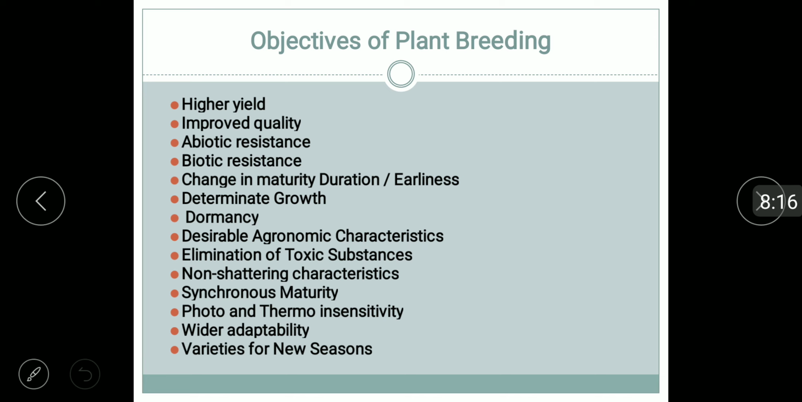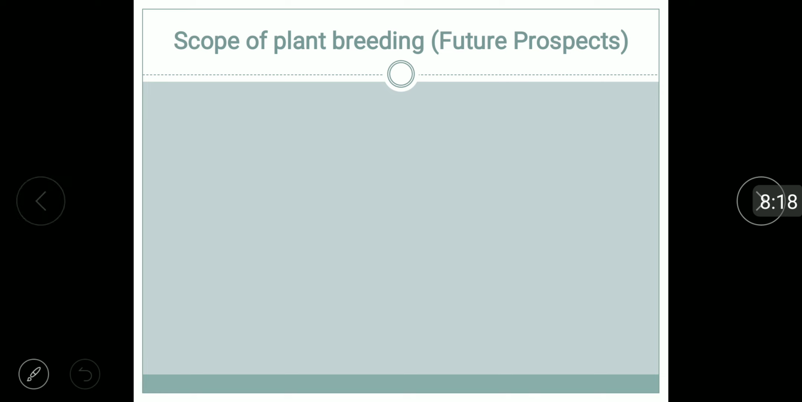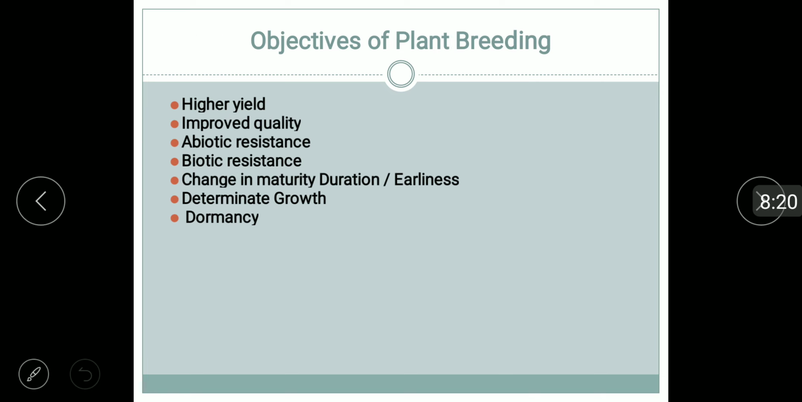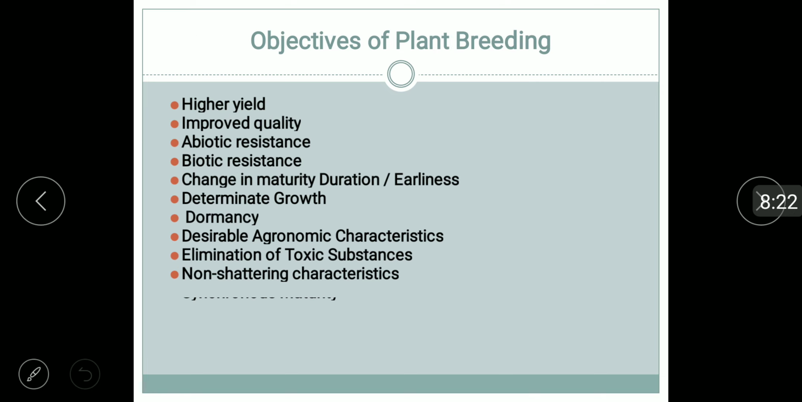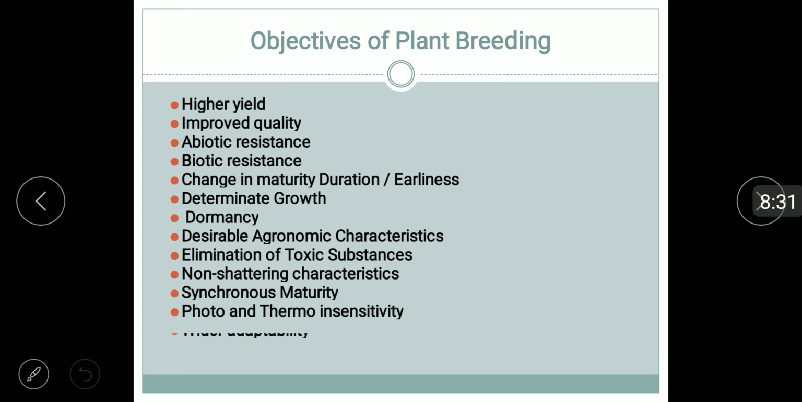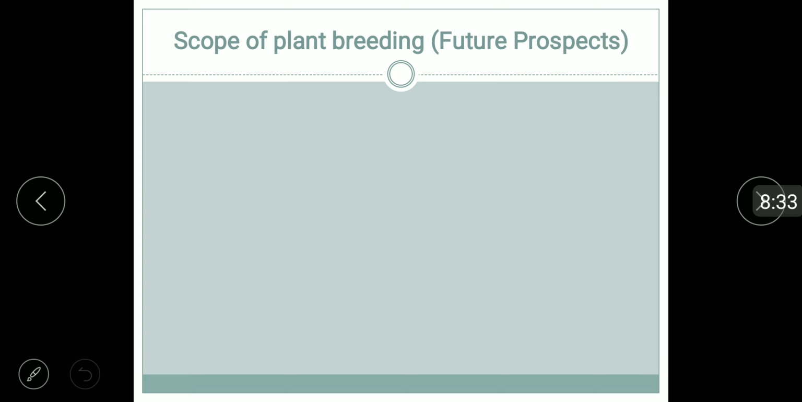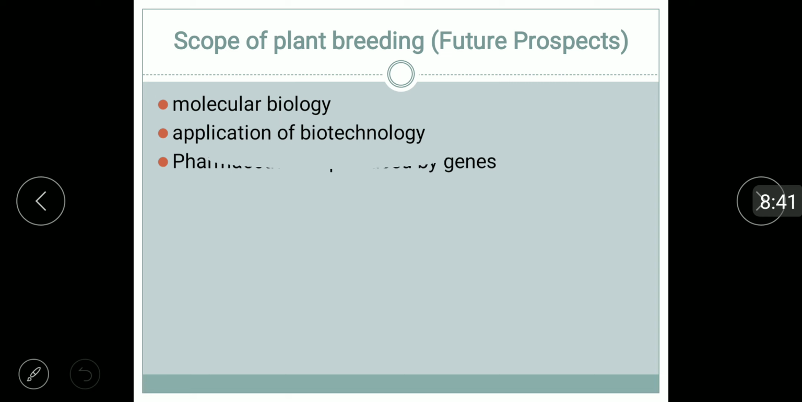Varieties for new seasons means that if some varieties are not grown in a particular season, we should make them grow in that season. If some crops are not grown in the winter season, we may develop varieties which are suitable for the winter season. Scope of plant breeding: molecular biology and application of biotechnology, pharmaceuticals produced by genes,